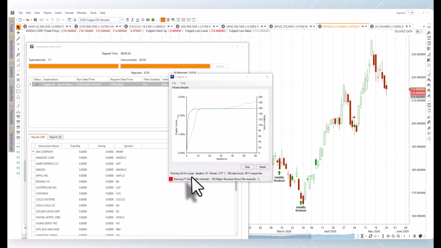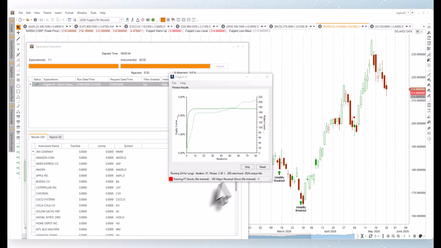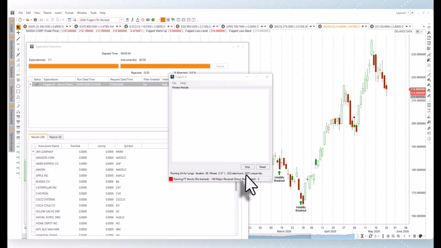So here we've got the AI running the genetic algorithms for all these particular stocks in the Dow 30 index, and it's developing rules, and so far it's got 2,600 unique hits with 240 rules already found. So you can see there it's already found some highly profitable rules. Now I have to mention, in the AI there's initially, when we did the pre-configuration, the minimum